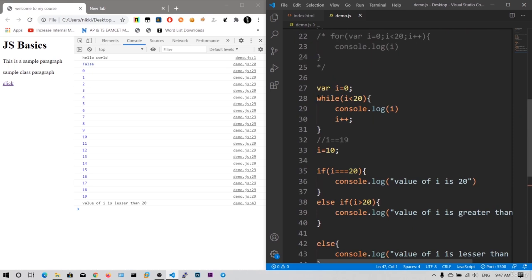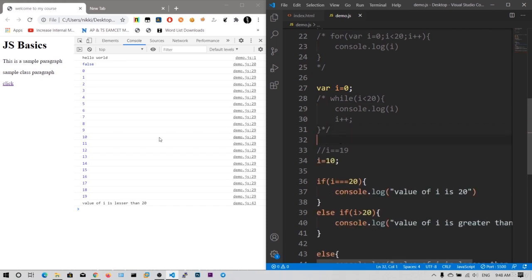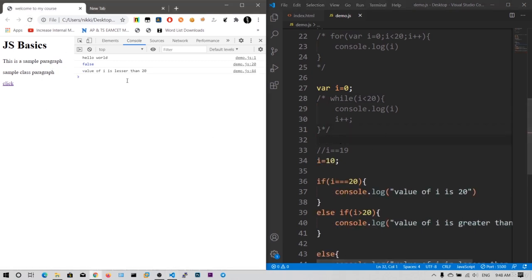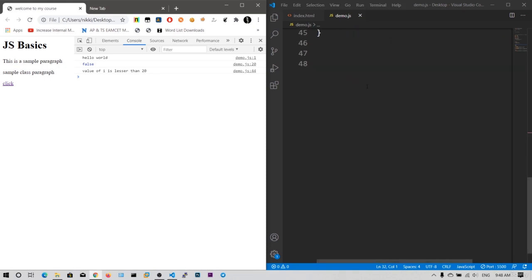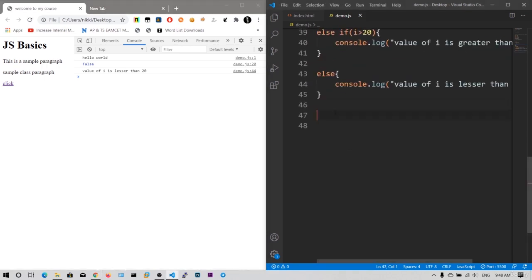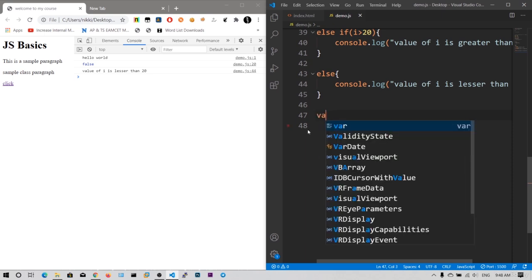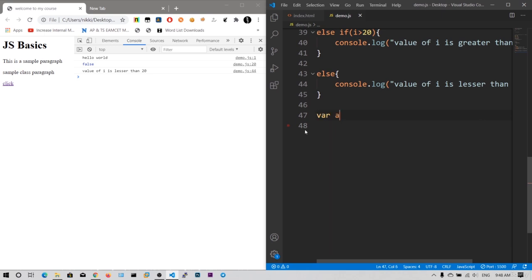So let me comment out this while loop for a while. Okay, fine. Now the output is somewhat cleaner. Now these are some basics of JavaScript. Now we will see the array, and then we will see the DOM, that is the document object model, which is a very important one. And to declare an array, we need to say var a is equals to new Array of